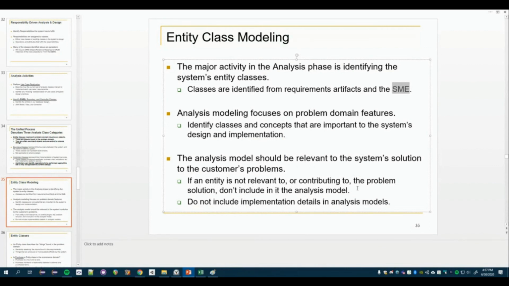So if we may think we see an entity in the problem domain, and it might be there, but if that entity doesn't contribute to the system solution, if it's not part of the solution that we're building, then we don't want to include it. So even though it may be a valid feature of the problem domain, I can't think of anything off the top of my head, but if it's not a valid part of the solution, then we don't add it. I can't come up with any ideas. Anyway,